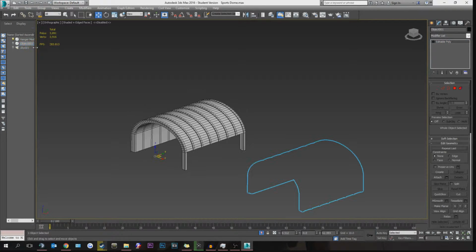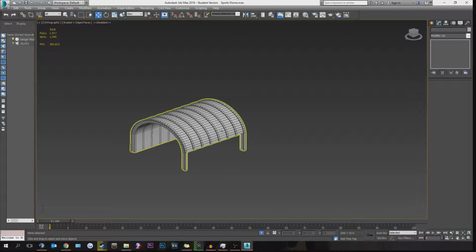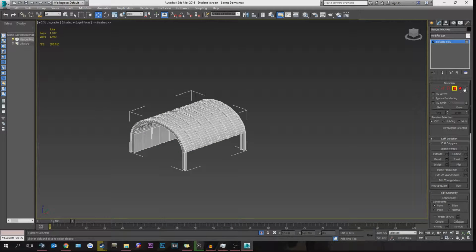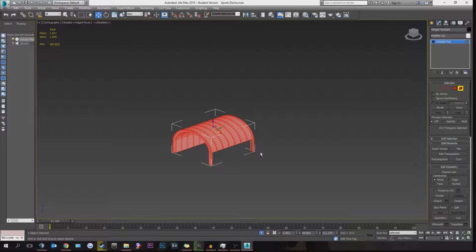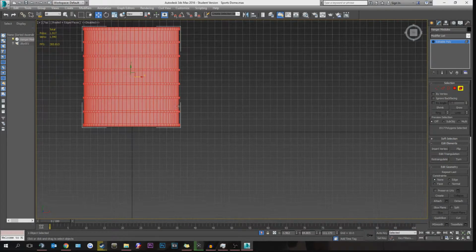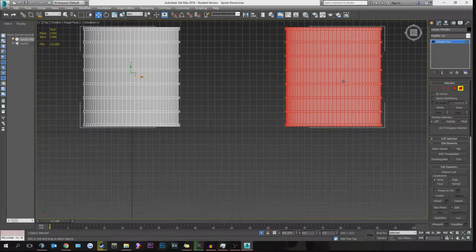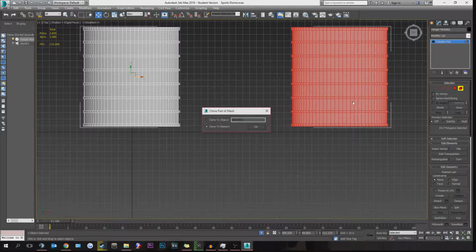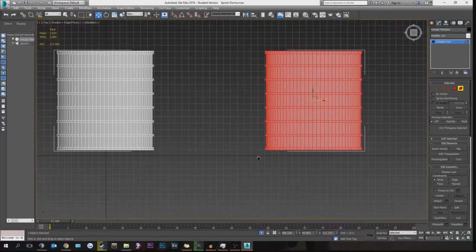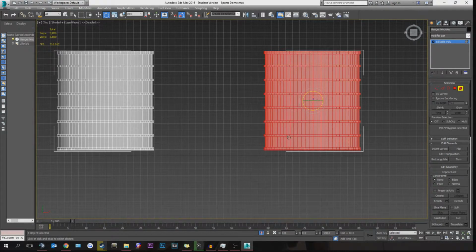So what we're actually going to do is delete the original. I am going to click this again, press T, then G. We're going to move it over like we did before to there. Clone it to the element, press E, and we're going to go up here to align snap toggle, so it's just at the top. So what this will enable us to do is rotate it and snap it to a